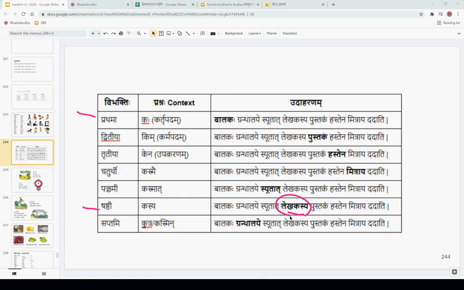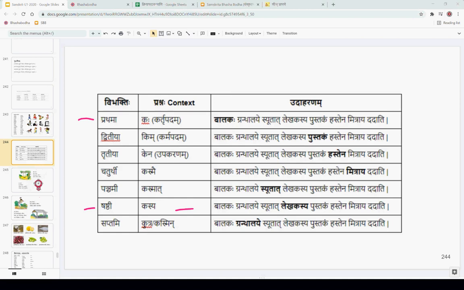Now we can probably move in sequence because we covered these two vibhaktis. Prathama, which is very much needed because we need to know who is doing the action. Balakaha dadati, Balakaha khadati, Balakaha patati. Shashti Vibhakti indicating the relationship mostly between the two